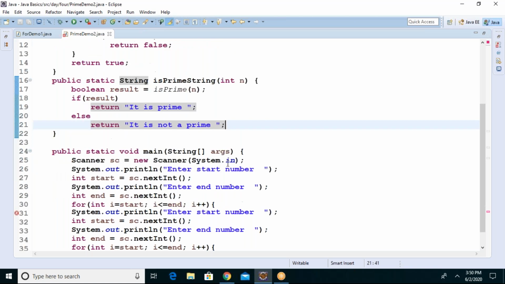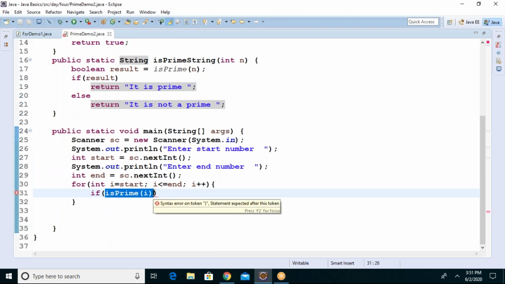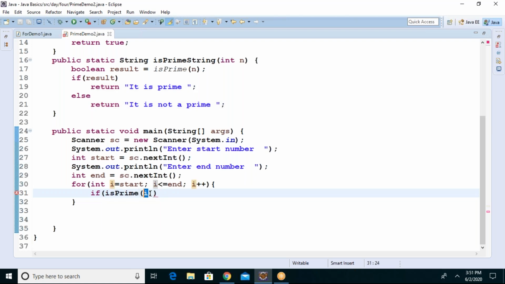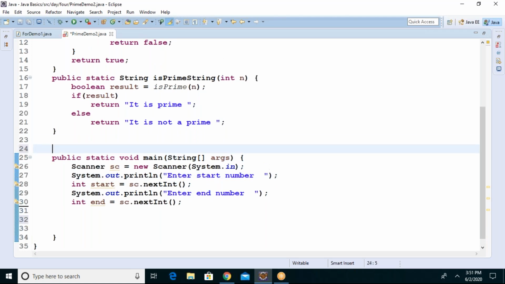Similarly, here also I just say isPrime is enough. I'll directly call it in the if condition. Why? If the given number I is a prime number, it will return what? True, right? This method will return true, no? Then if true, I need a list of, okay, it is going more than 2-3 lines now. So can we separate this into a method rather than writing in the main method?